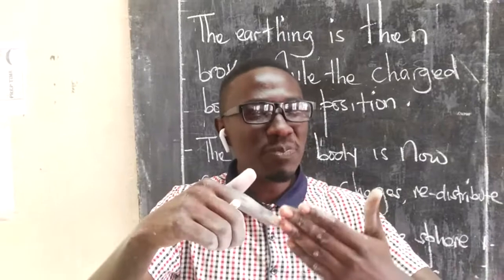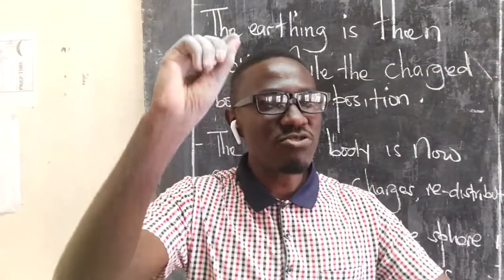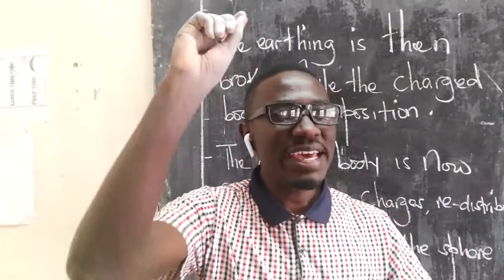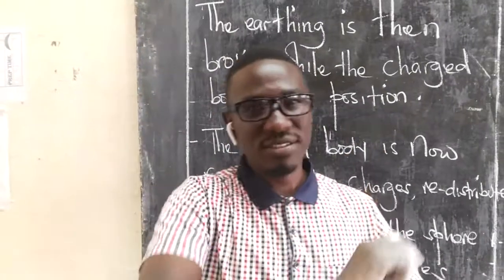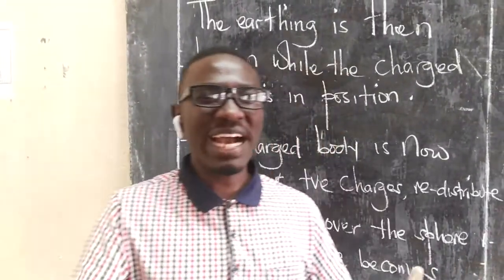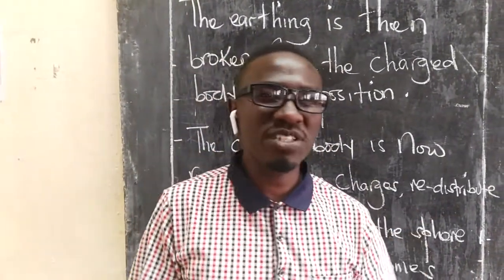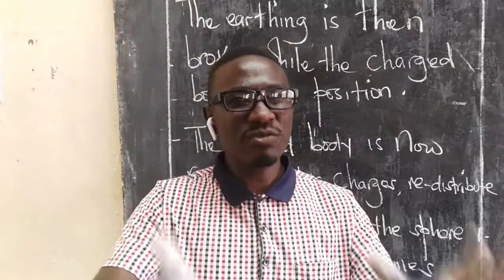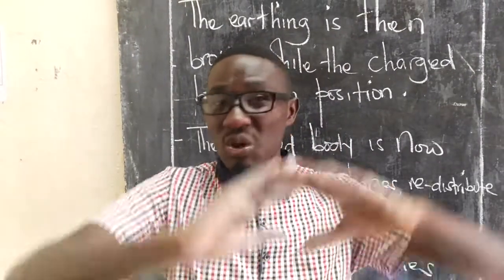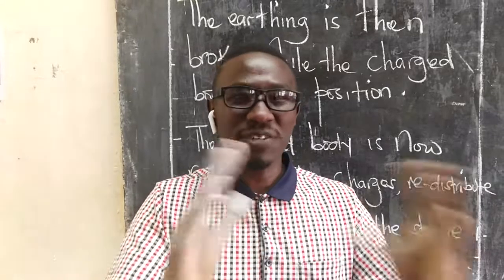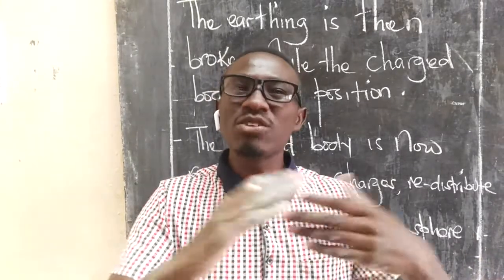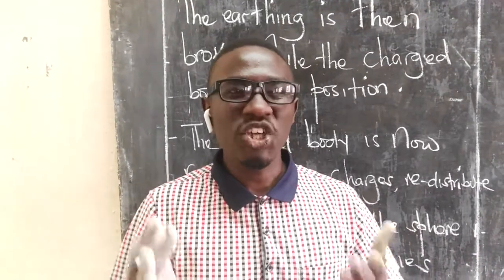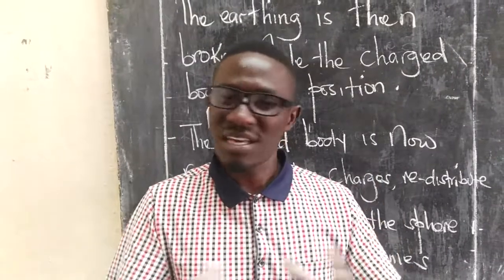So now what happens? After neutralizing the positive charges, the sphere shall remain with only negative charges. So you break the earthing, and then you also take away the positively charged rod. Now the negative charges shall distribute themselves on the surface of the conductor. At the end of it all, the whole sphere shall be negatively charged. So guys, that's how